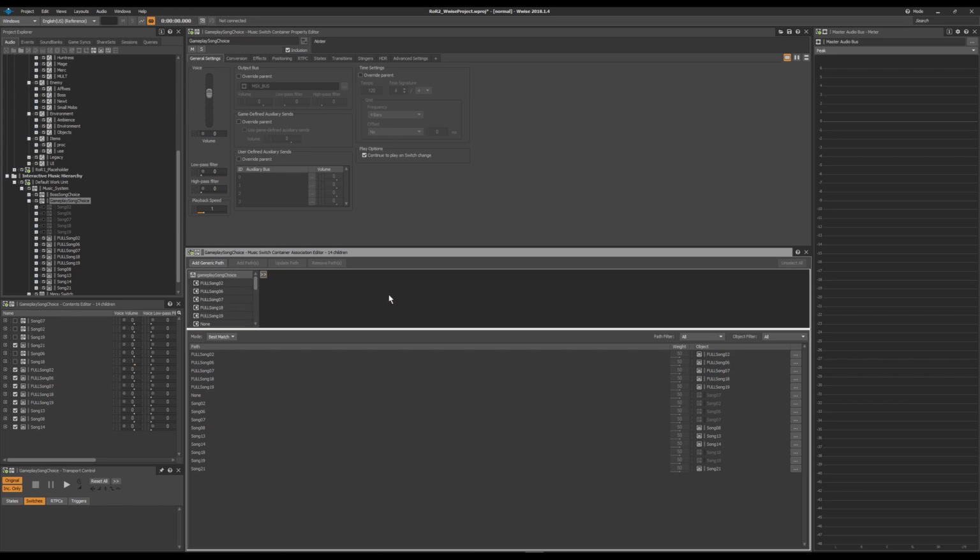I have no way, at least that I know of, in Wwise to randomly choose one of these, because these have to be set by the game. So the game code is setting which gameplay song choice we're going with. Whether or not they decide on some randomization to make that choice in the game code, that's on them. So some levels you'll hear different music, and some you won't, and that's all based on their choices in the engine. But under that, we have the same structure down here with all these paths, and the associated songs that